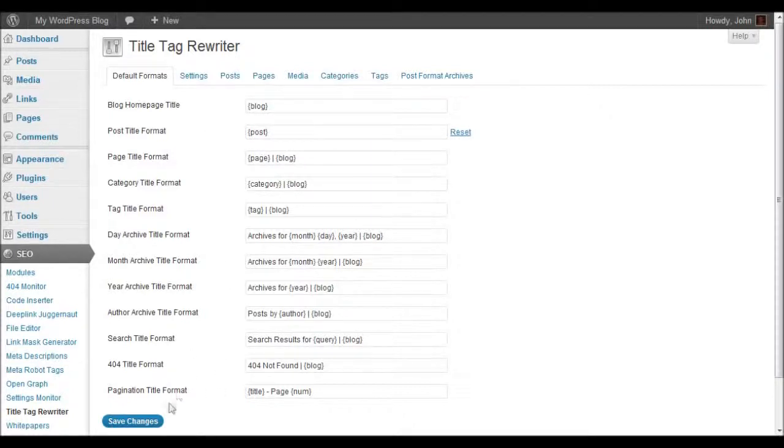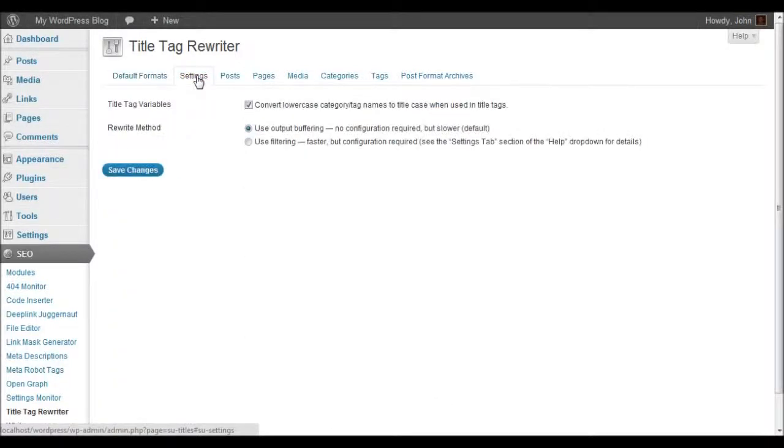And when you click Save Changes, it'll apply that to all of your posts unless you've overridden it for an individual post. This also lets you customize the blog homepage title, so you can rewrite that if you want to use something other than the name of your blog, which on this blog is called My WordPress Blog. The Settings tab gives you a couple options. The first option lets you decide whether lowercase category and tag names should be capitalized